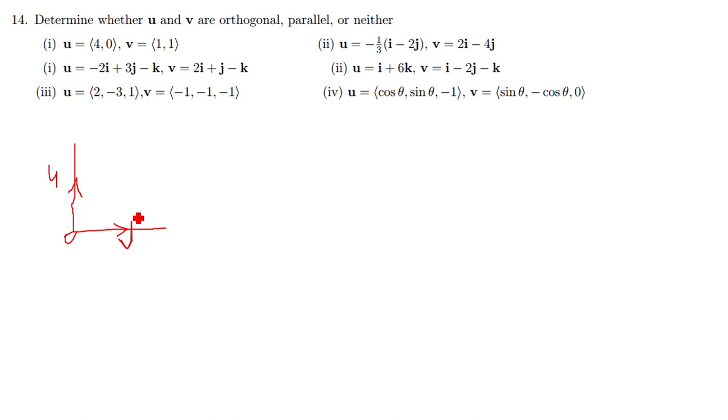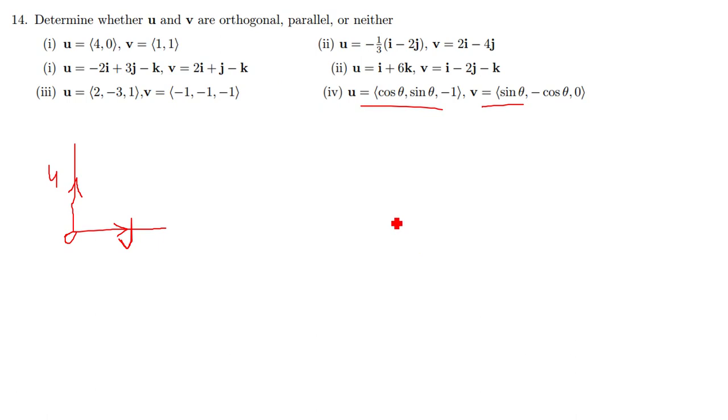So when vectors are orthogonal, it means that they can never be parallel. Since we've discovered that these two vectors are orthogonal, meaning they're not parallel, you can also try if you want,